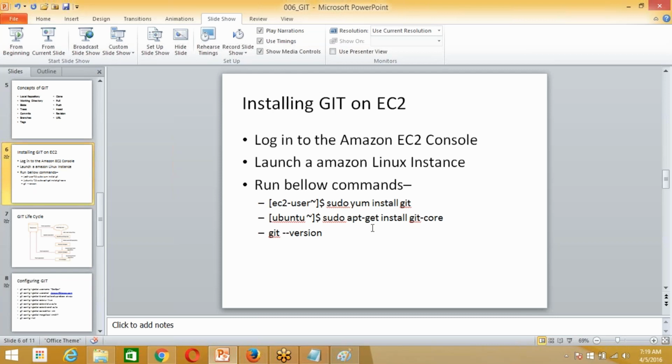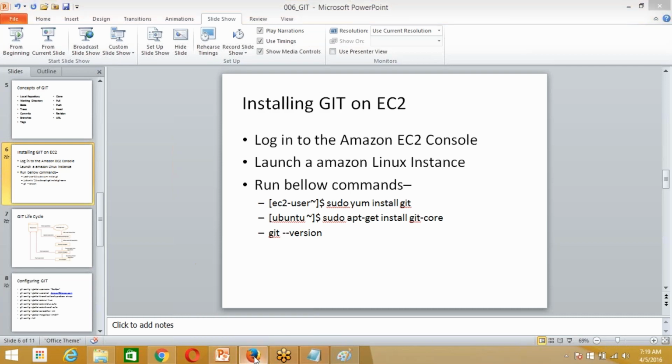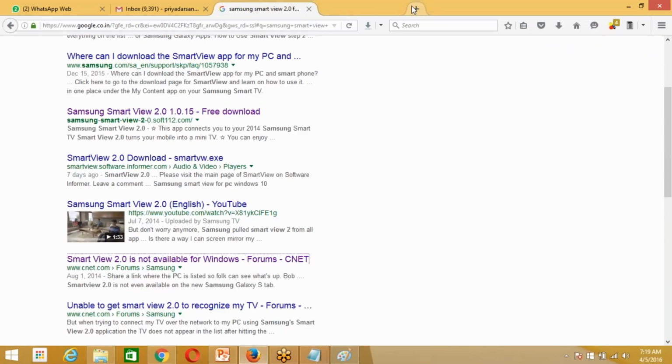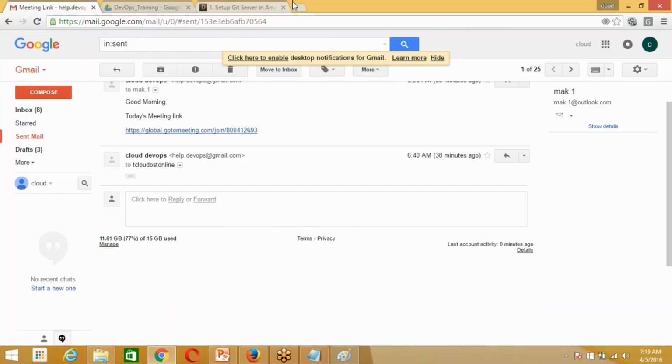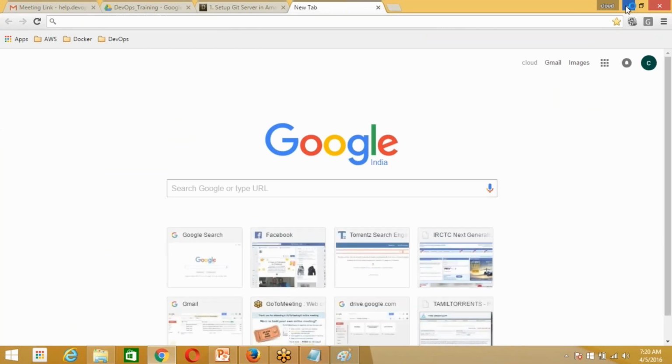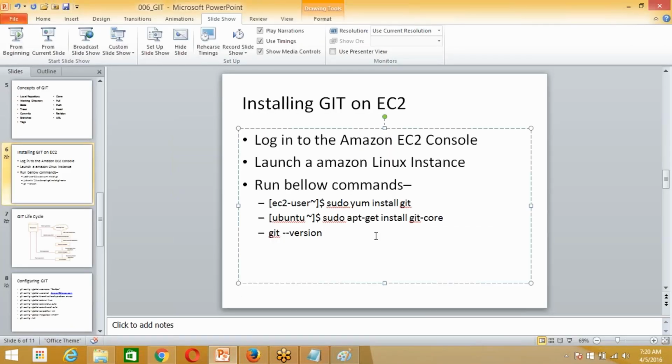Yeah, done. Then use git version to check what version of installation you have set up. 1.9.1.